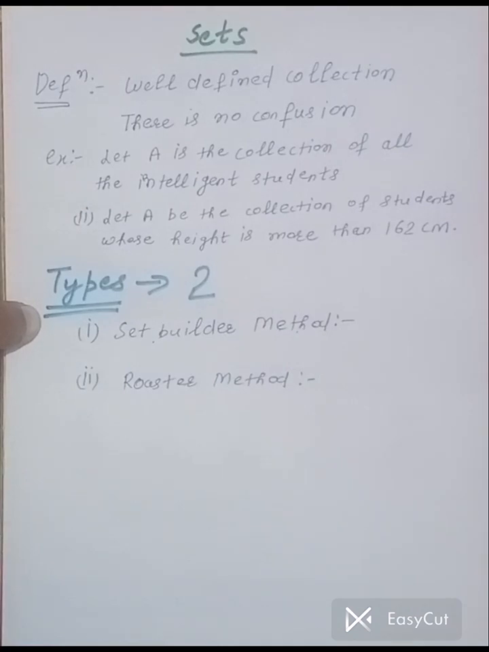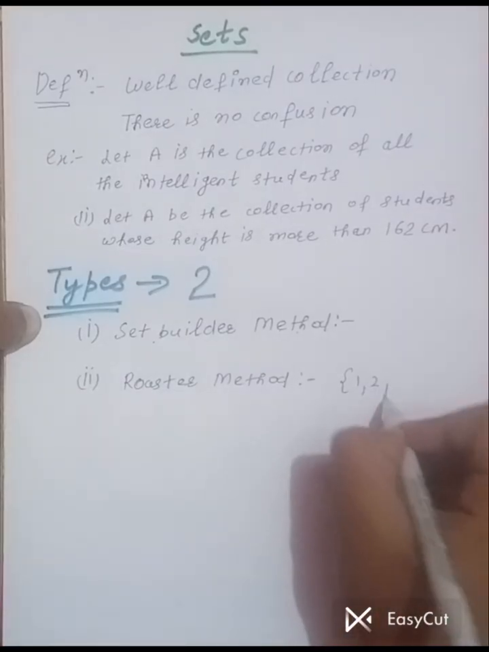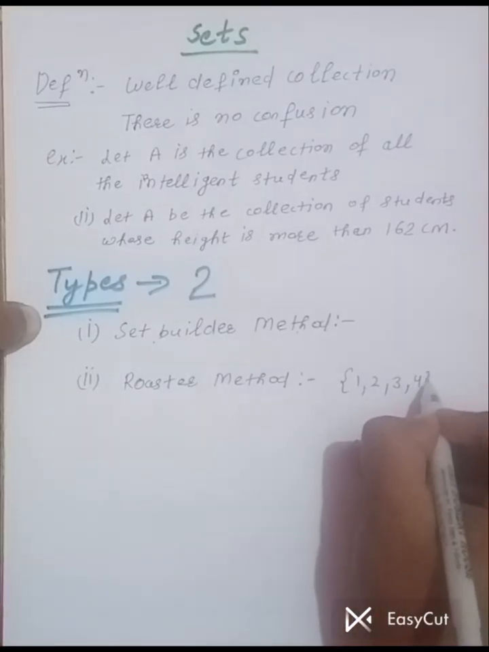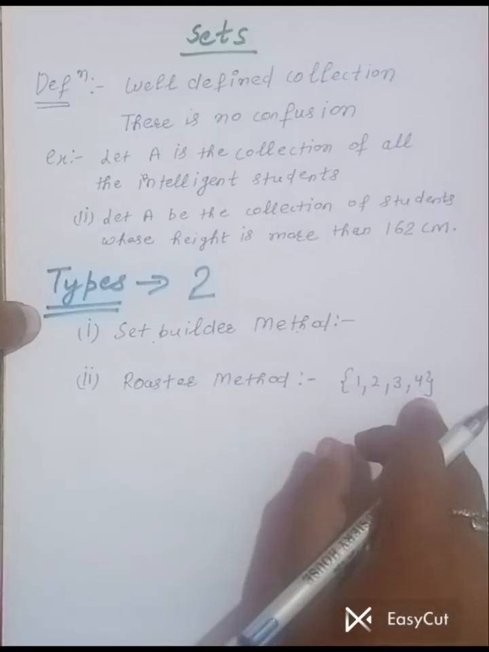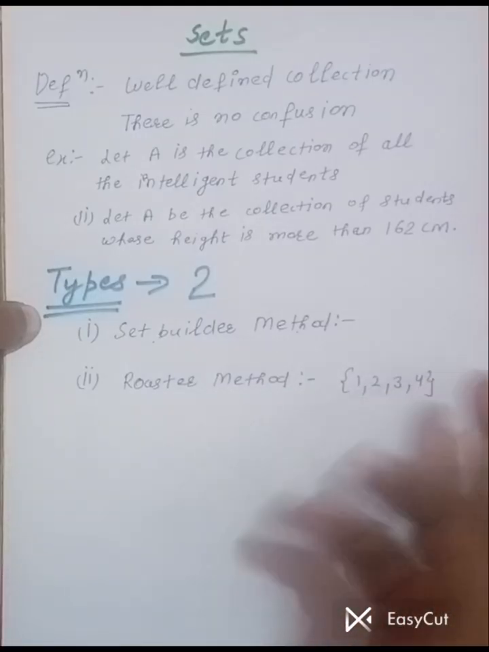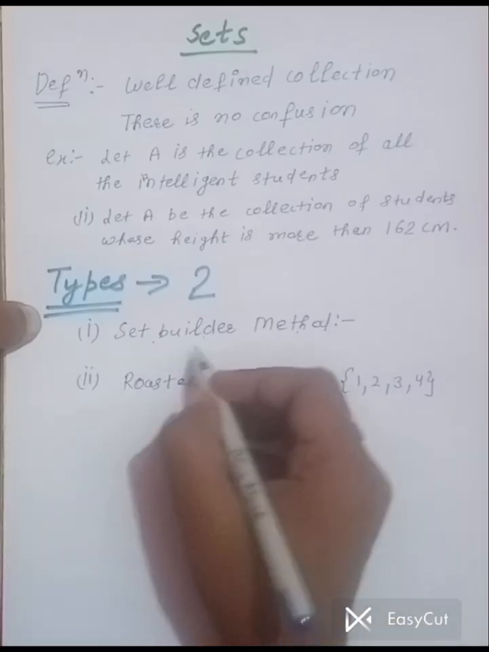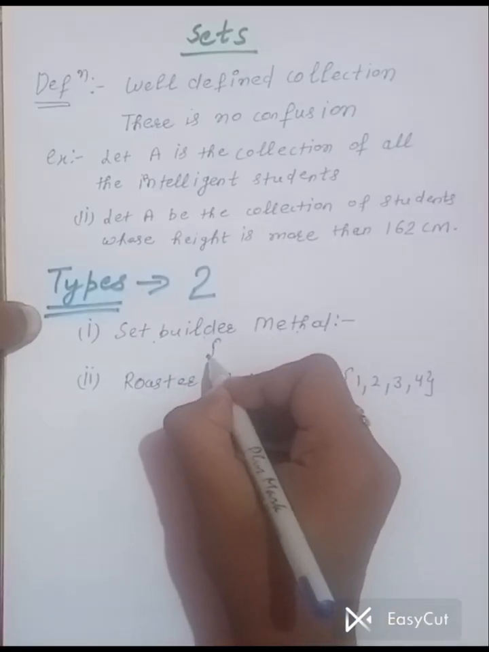let A be the set of the elements 1, 2, 3, 4. Okay, in the roster method it is very easy to put the numbers as they are. So it is a roster method in which every element is listed, and it is very easy for all of us. But in the set builder method, we will have to define it by the